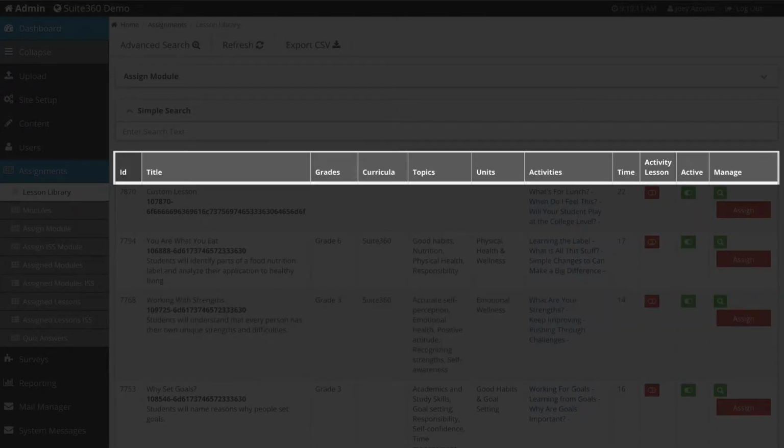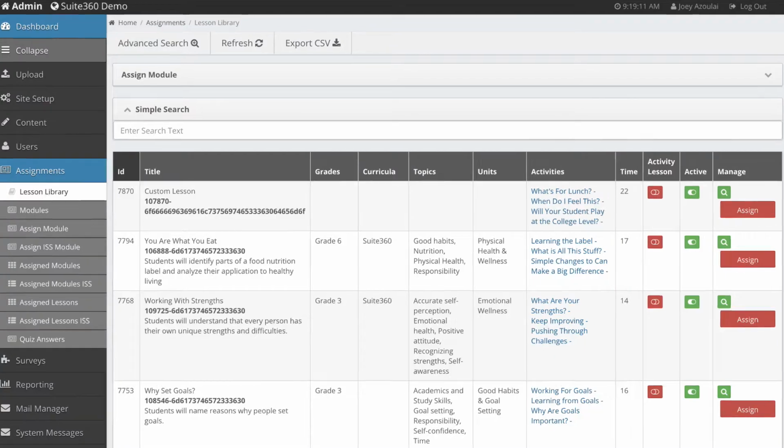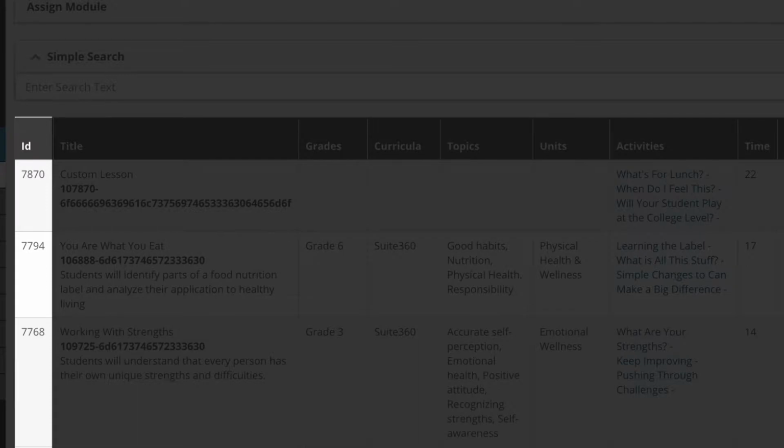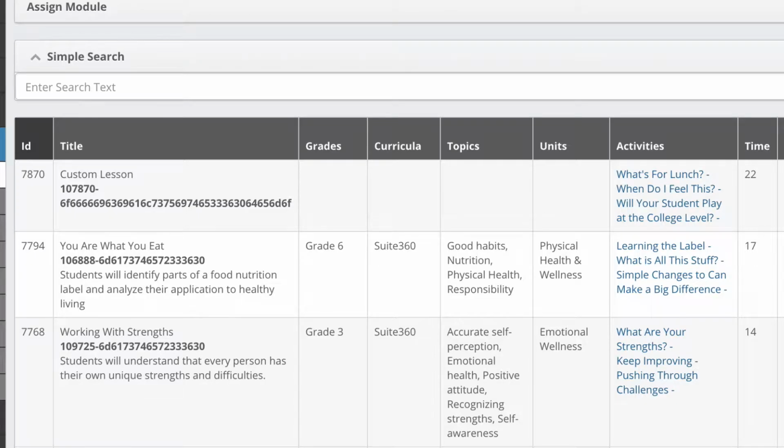The column header indicates what type of information is displayed in the column underneath. Let's review each column. ID. The ID references the order that the lesson was added to your program. This ID does not correspond to the scope and sequence or any other documentation Evolution Labs may provide. This ID is unique to your program, and you can use it internally if it is helpful to you, or